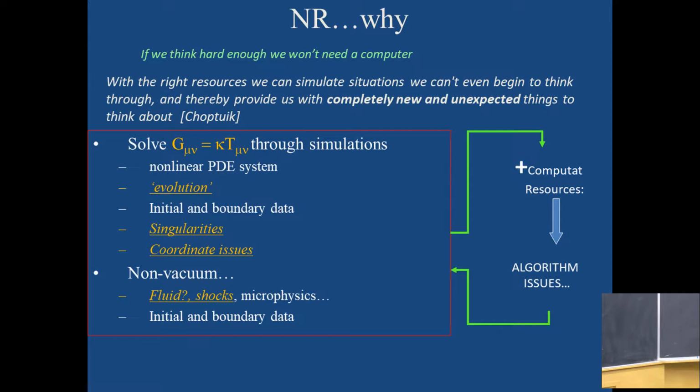I'll describe a little bit some particular peculiarities that this system has in contrast with those of hydrodynamics. On the right-hand side, you have the source, which somehow you're going to have to account for. You're going to have to provide your assumption of the matter content in your spacetime. And then you're going to have to evolve, once you've provided some initial and boundary data, with some set of evolution equations. You're going to deal with issues like coordinate singularities that might arise, and you're going to have to somehow